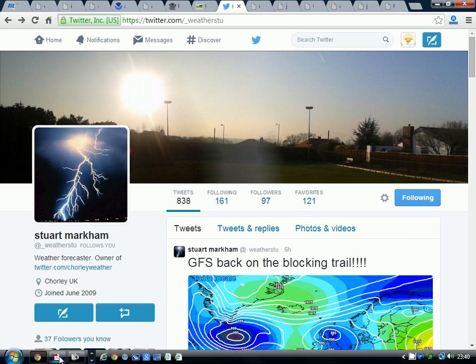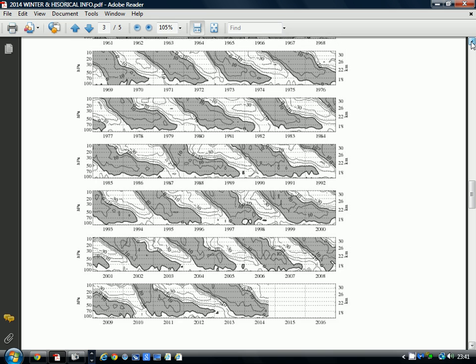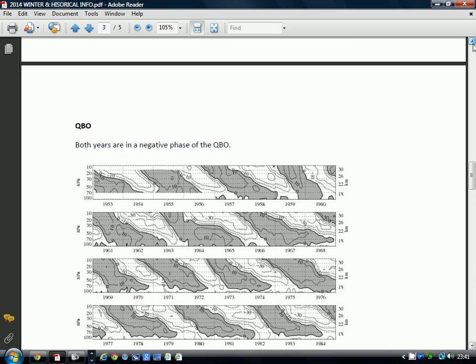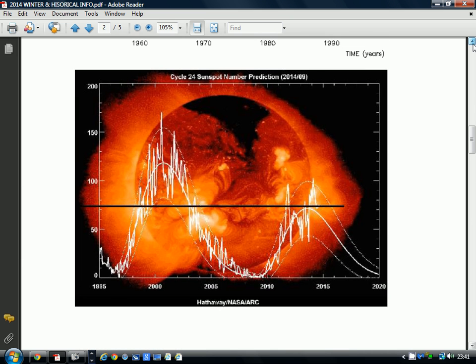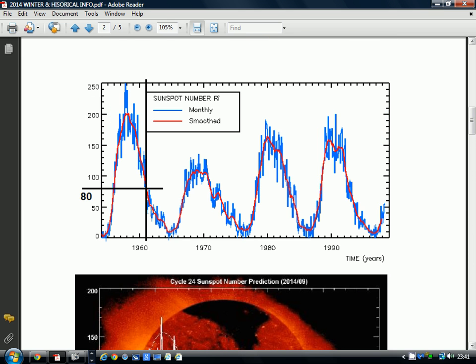Anyway, Stuart has been looking at the QBO, and here is the basis of his analysis. He's been looking at the QBO, and so we're going into the easterly QBO. He's also been looking at some other things as well, though. So he's been looking at solar activity, where we currently are with the solar cycle, which, of course, as we know, we're going out of solar maximum, very gradually sliding down to solar minimum, but we're still getting spikes in activity. So in terms of where we are with QBO and with solar activity, it looks like we're coming out quite closely to winter of